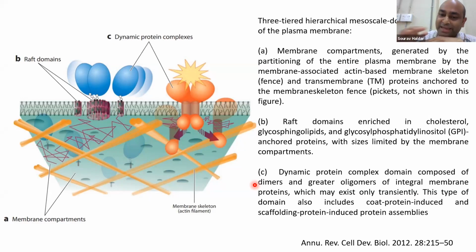So now we have three basic mechanisms by which the movement of the lipids and proteins in the membrane is restricted. One is the interaction with the actin, and it is sometimes known as the picket fence model. The second is the basic nature of the lipid molecules and the so-called raft domains. And the third is the dynamic protein complex formation. In fact, a lot of the signaling is actually happening because of this dynamic association of the proteins and the consequent segregation of the lipid molecules. Based on these three factors, there are now domains of different spatiotemporal scales.